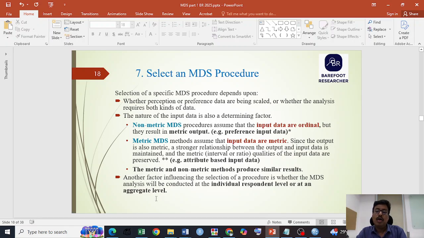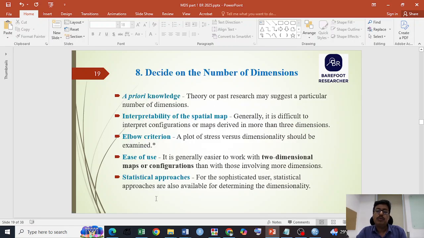So it's a kind of scale data, so it's the interval or ratio data. But in both cases, metric and non-metric methods produce similar results. Now comes the question of how many dimensions you need to decide. It is based on prior information, like theory and past research may suggest, or on the researcher's